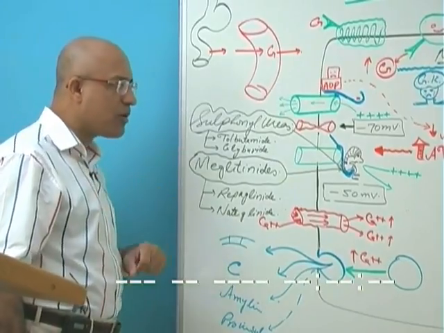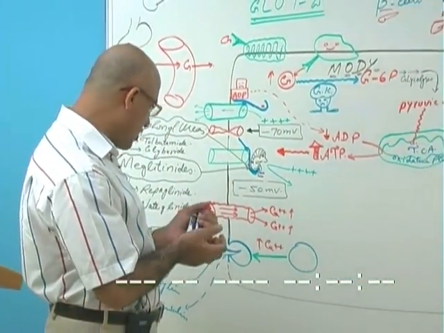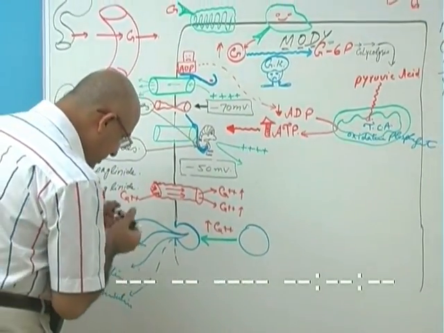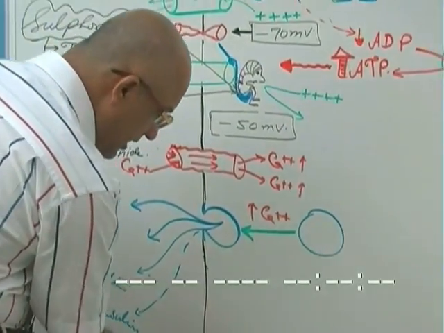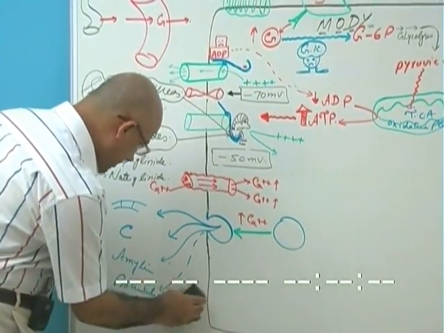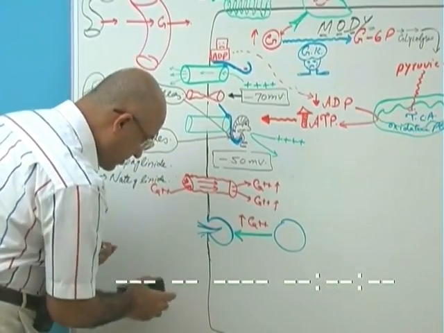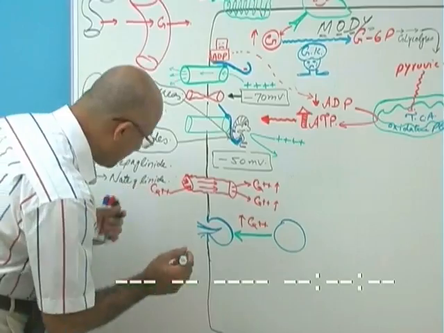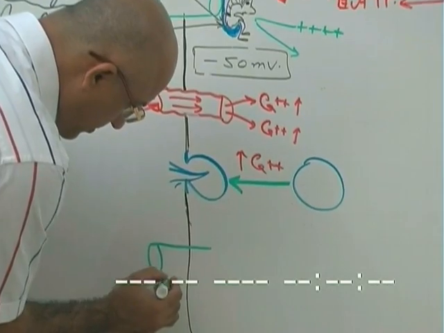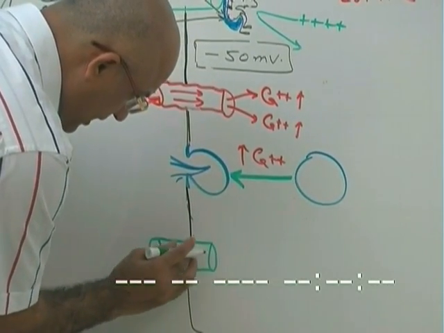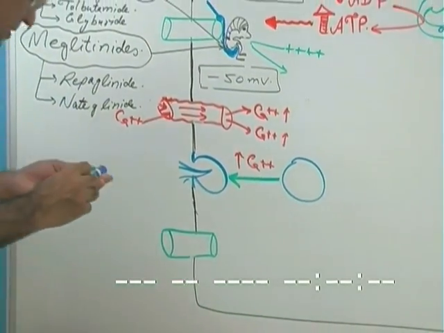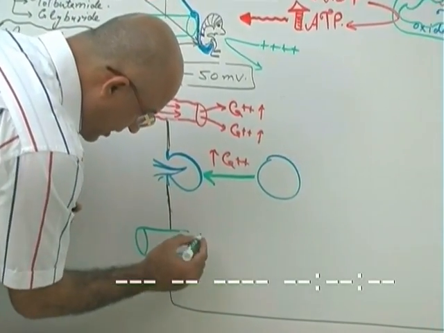Now I will talk about one more drug here. There is another drug which can act on these ATP sensitive potassium channels, but it works in a different way. Let me tell you how that drug works. Again I will draw the potassium channel, and this drug which I am going to talk about is not working like